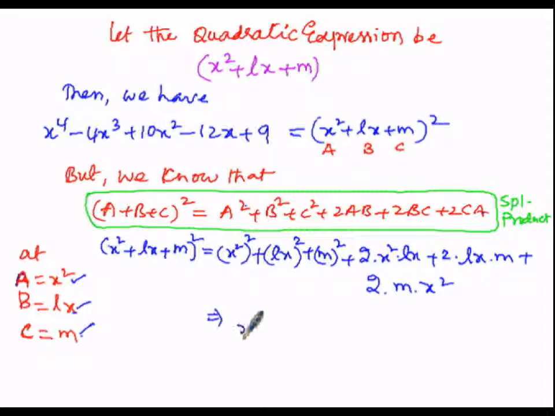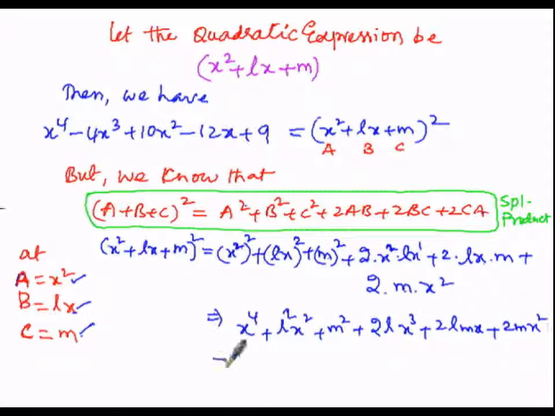That implies x to the power of, it is in the form of (a^m)^n type, a^(m·n), that is 2 into 2 is 4, plus the square is applicable for both because it is in the form of (ab)^m, a^m b^m, that is l² x², l²x² plus m² plus 2lx² into x^1. So here the bases are same, x and x. The exponents are, one is 2 and the other is 1. We have to add up the exponents because according to the product law, 2 plus 1 is 3, that is x³ plus 2lmx, 2lmx plus 2mx².